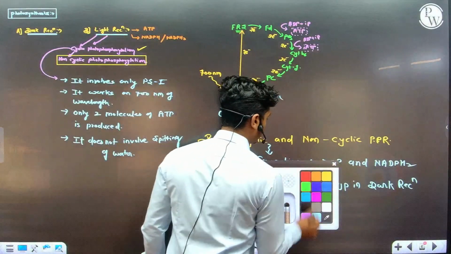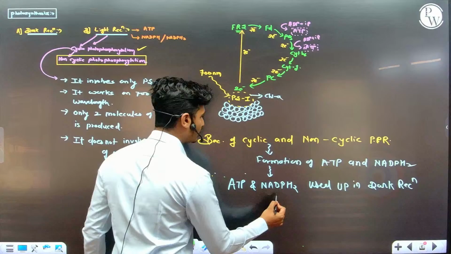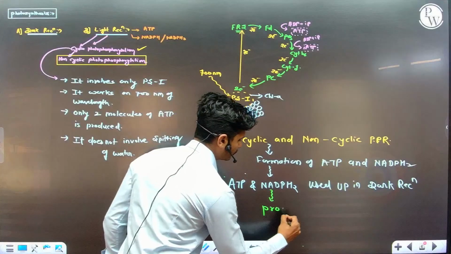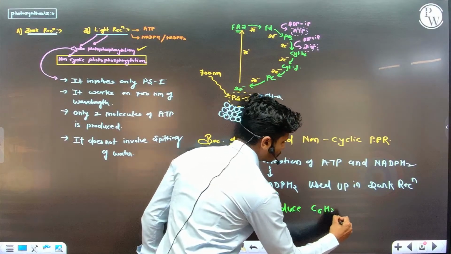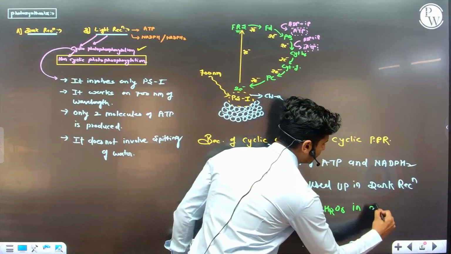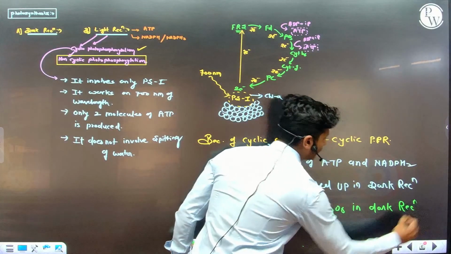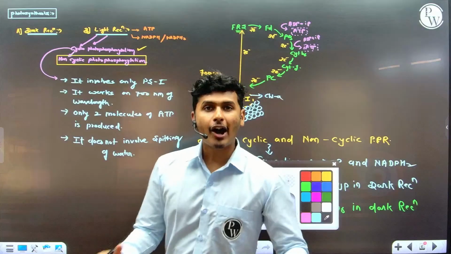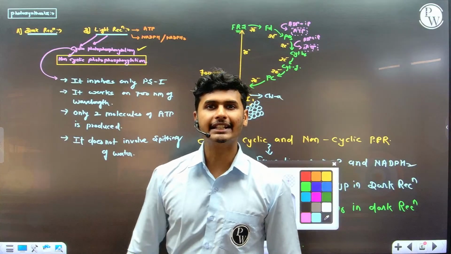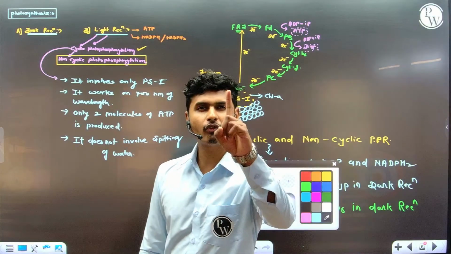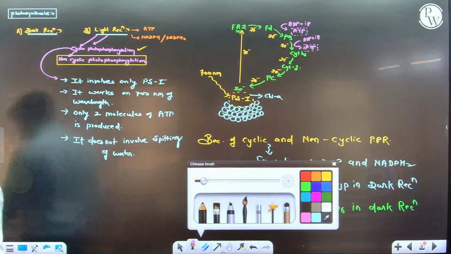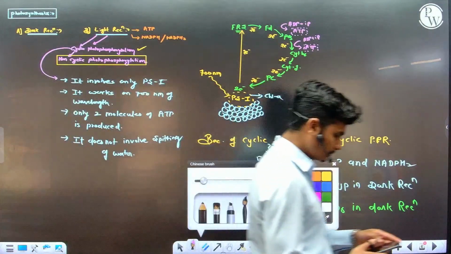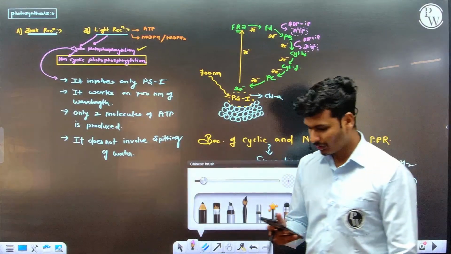and this NADPH2 and ATP is going to produce C6H12O6 in the dark reaction. Now my question is to you, my question is to everyone: how many molecules of ATP and NADPH2 are required for formation of 1 glucose? Simple question. My question is very simple. I am asking you, how many